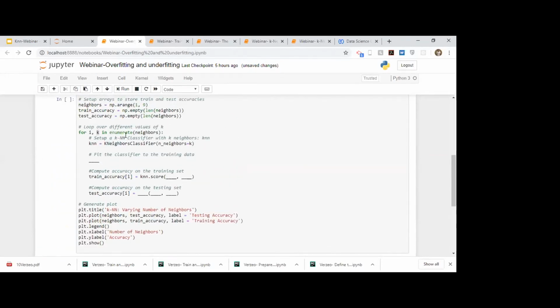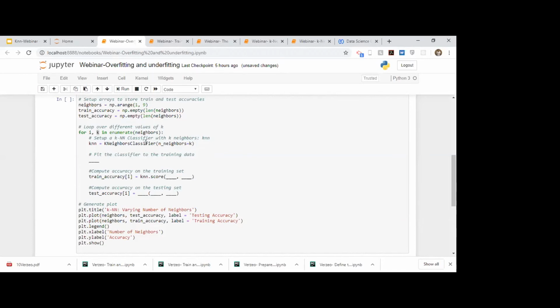Any doubts regarding how enumerate works? We are yet to complete this whole function, but any doubt? So what we are doing is looping for different values of k. Is this notebook uploaded to GitHub? No, RK, it is not. Any doubt, or should we proceed ahead? I guess it is clear, so we can proceed ahead.